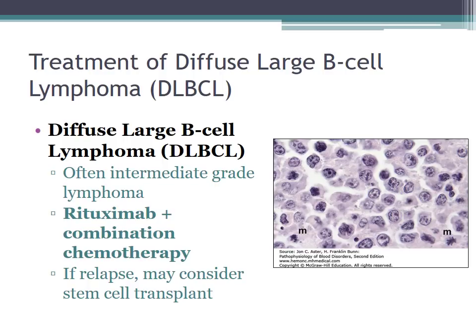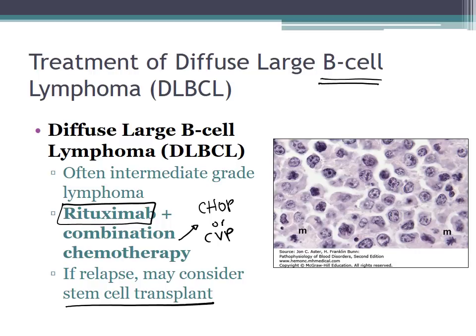Diffuse large B-cell lymphoma is again an intermediate grade lymphoma. It is typically treated with the rituximab treatment because again it is a B-cell lymphoma, and it is going to also have the combination therapy, so that's going to be either your CHOP or your CVP treatment with chemotherapy. It is important to remember that if these patients do relapse, that they can be treated with a stem cell transplant, but often this is considered a very poor prognosis for these